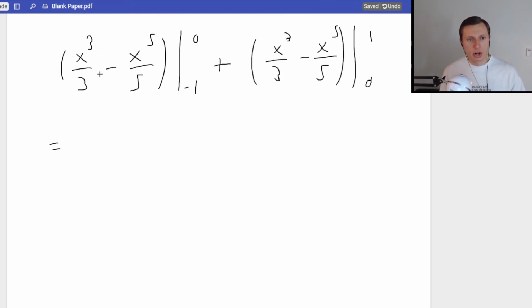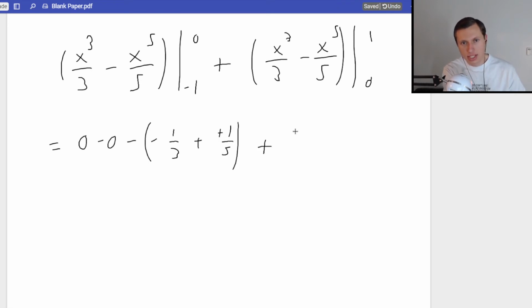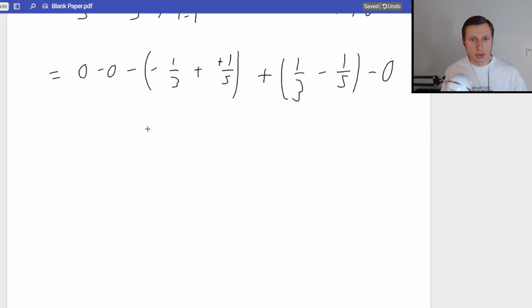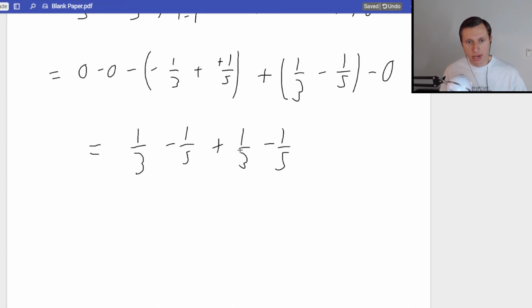So if I plug in 0, the first term is just 0 minus 0 minus, and again, you have a calculator for this, but -1 cubed is -1/3 minus -1 to the fifth over 5 is -1/5. That would then become positive, plus I plug in 1 here, it's 1/3 minus 1 to the fifth, and then minus 0. So this comes back to the symmetrical thing we were talking about earlier. You're going to get 1/3 minus 1/5 plus 1/3 minus 1/5, which is essentially 2 times the quantity 1/3 minus